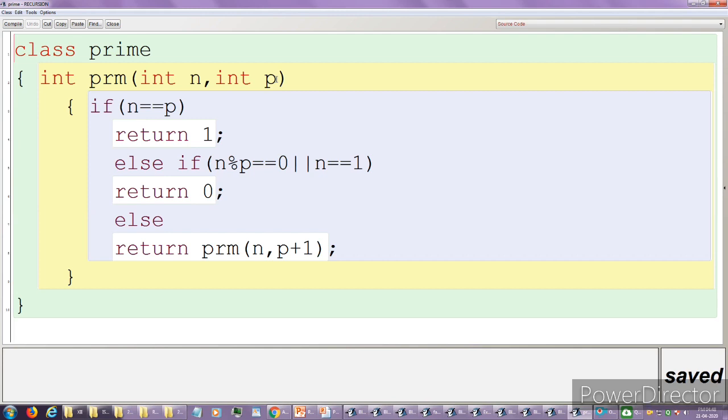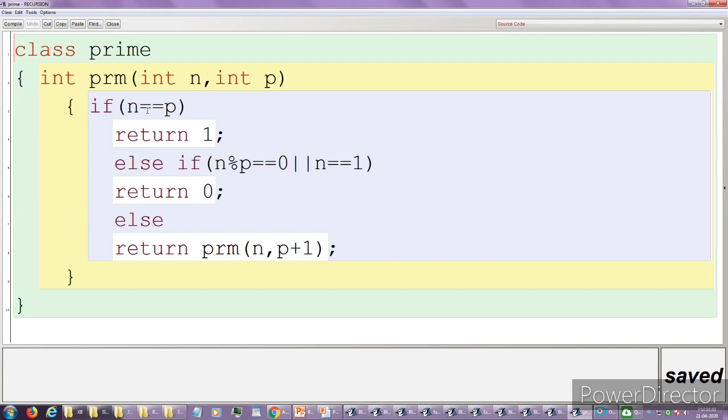That means according to this code, if n is prime, then it will return 1. If n is not prime, then it will return 0. Let me explain with the value of n as 5. If n is 5, and always mind it, this is the supportive variable, whenever we call this method the value of p we always need to send as 2.